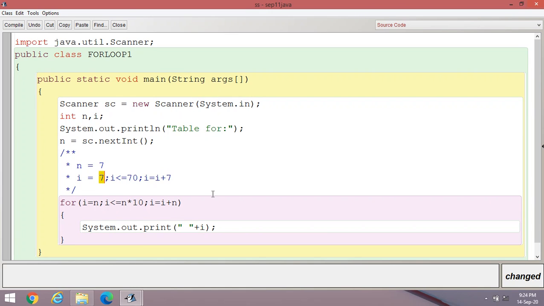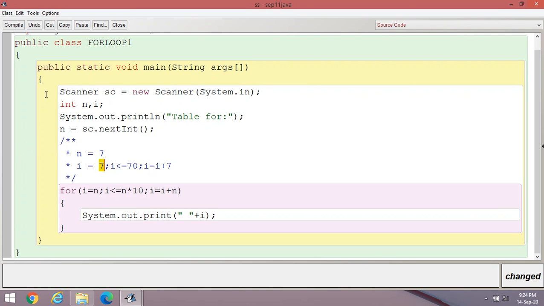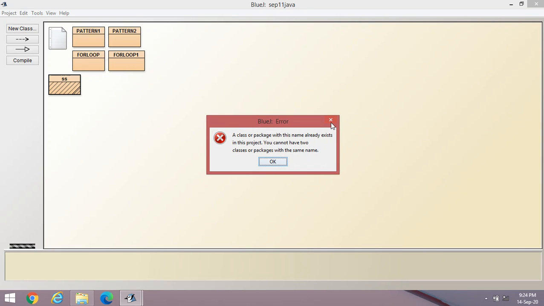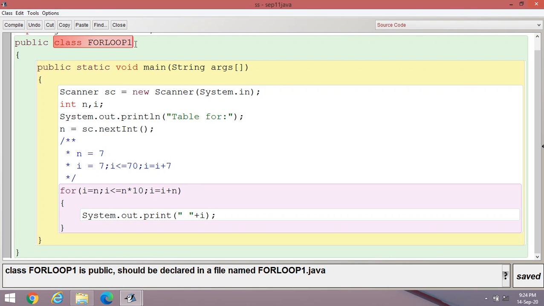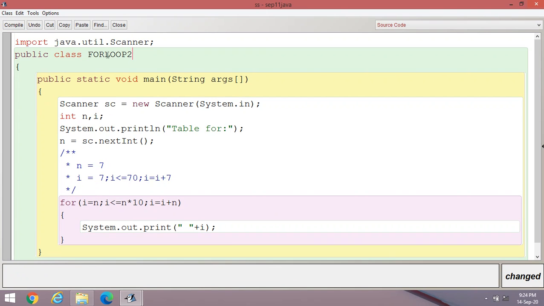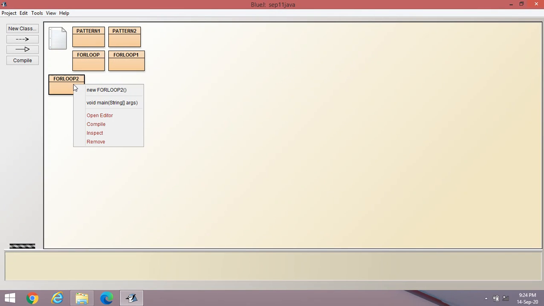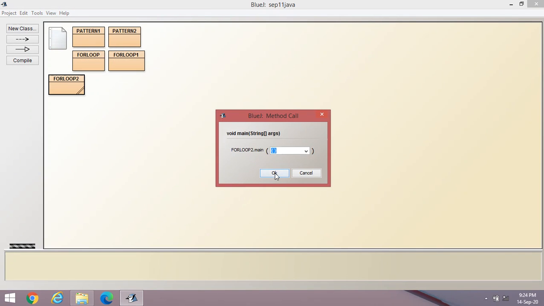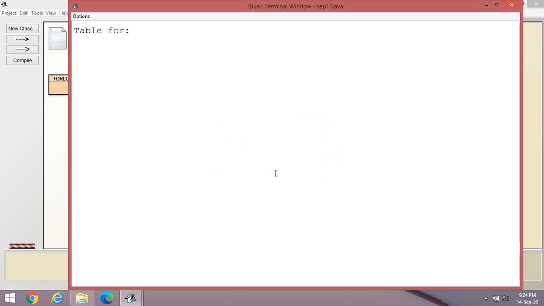It means you can display the table for 7. Let us check the output here. Okay, you have to change here the class name to for loop 2 because it already exists. Now check the output. Table for, suppose I am writing 7, you can display the table for 7: 7, 14, 21, all the contents are there.